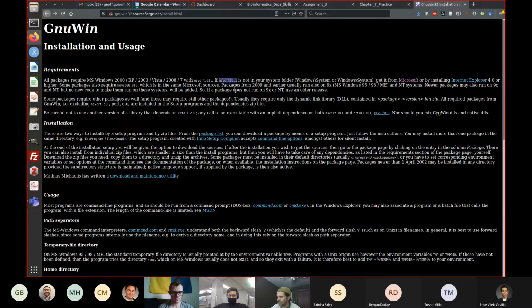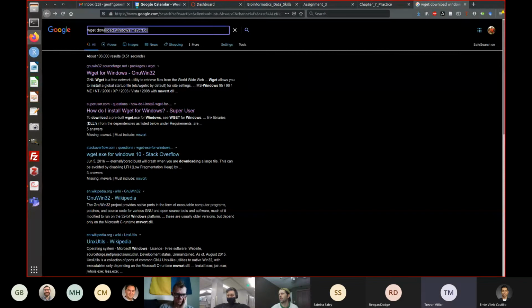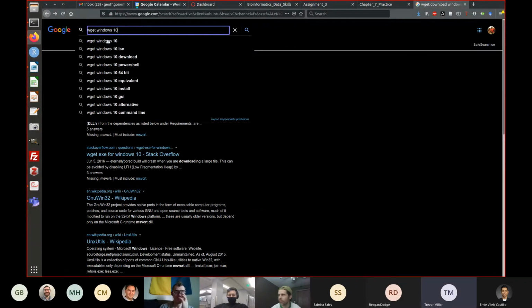msvcrt.dll. That was just in the install page on the very first. Oh, okay. Yeah, because it says it works with Windows 2000, XP, 2003, Vista, 2008, and 7, but it doesn't mention Windows 10 there. I don't know if everyone else is working on Windows 10. Oh, right. So I was just looking for another download, to be honest, but